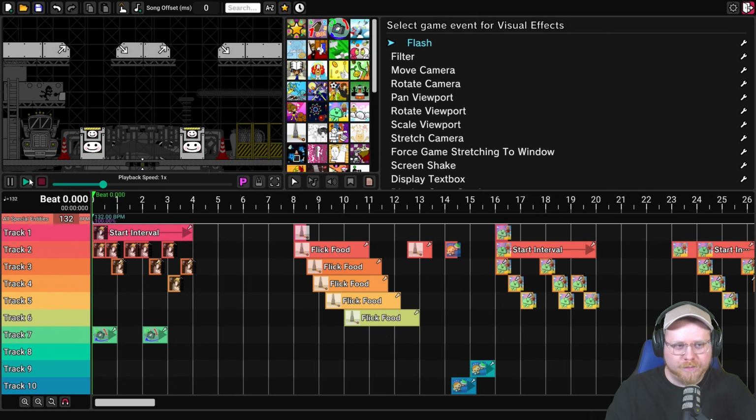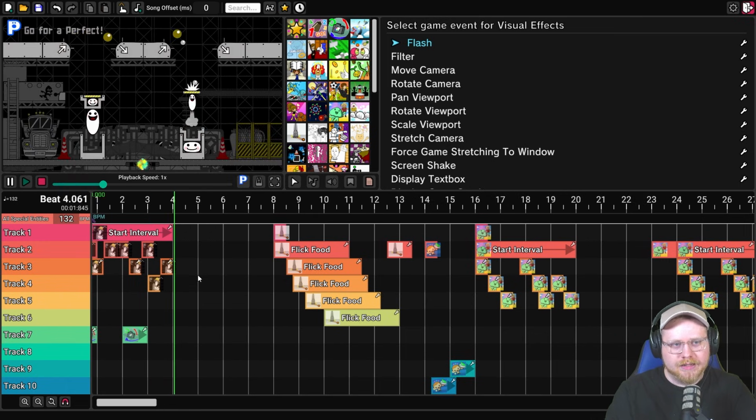But yeah, this is actually one of the first levels I attempted to make. I don't think I ever finished this one. But